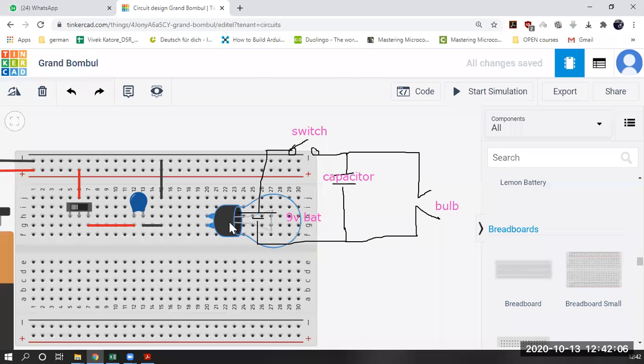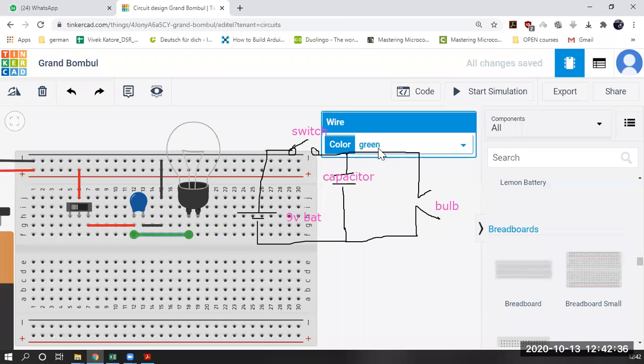Another way I can tell you. So let's first do this. I'm just telling you how to use it. Now I will rotate this bulb something like this. Okay, now this is good. Now look, the positive side of the capacitor is in this part, so I will connect it like this. The positive side of the capacitor should be connected to the first terminal of the bulb. So I connect it like that.